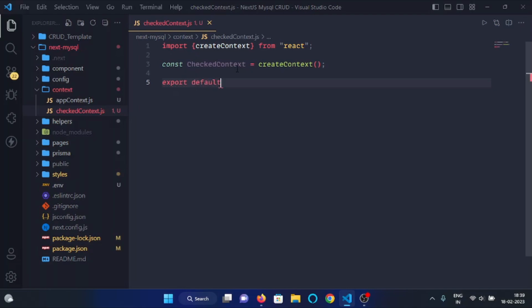So I will write export default checked context,